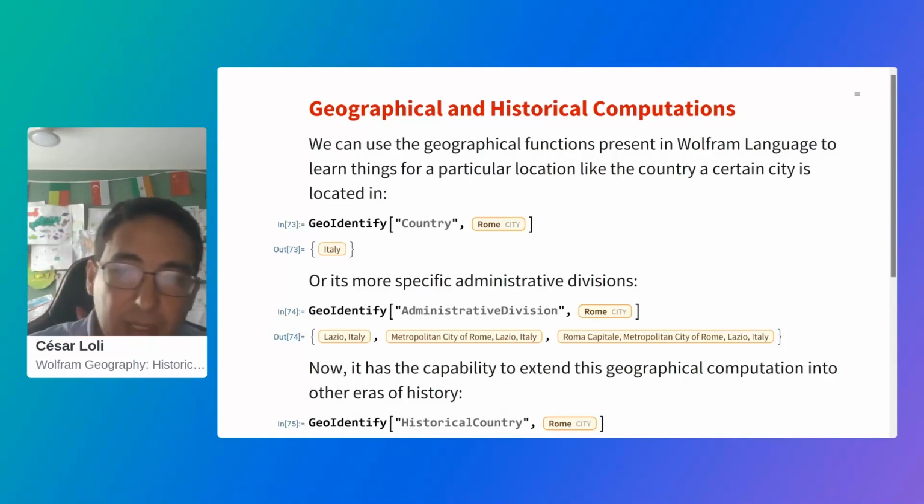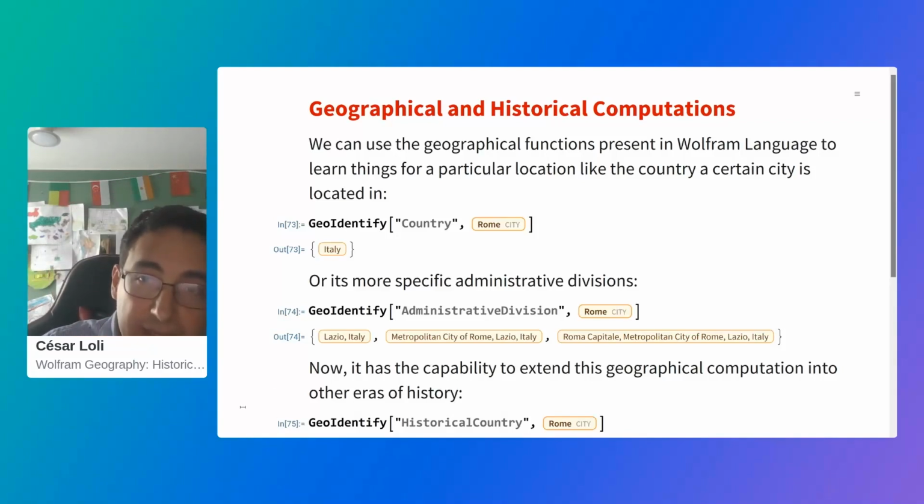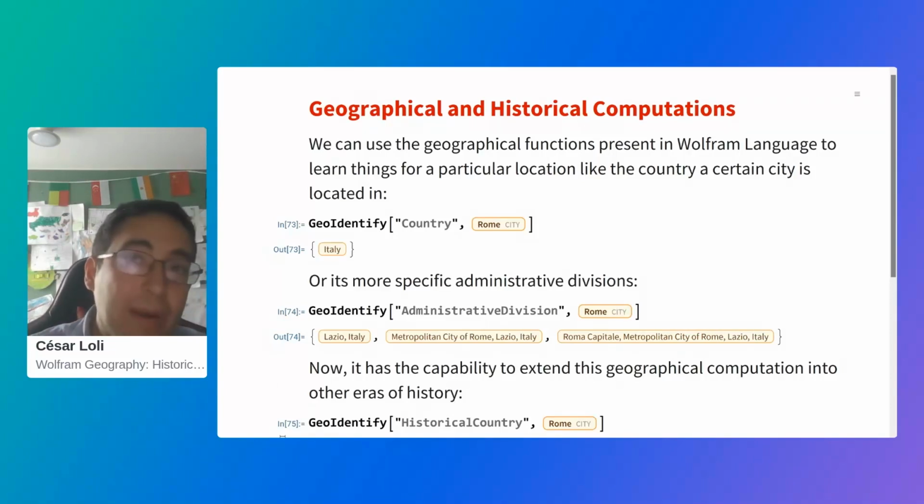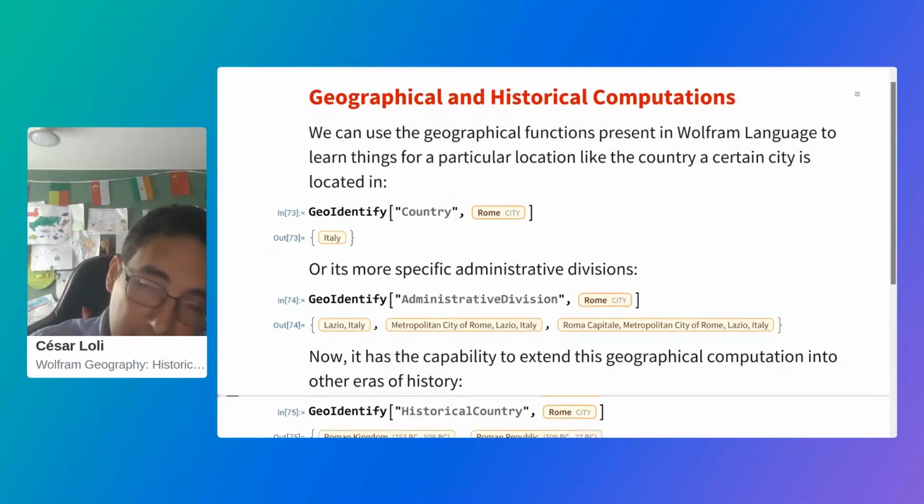For instance, we have long had these types of queries, like in which country is this city located, or where I am. We have here, for instance, that we can seek out in which country the city of Rome is located, or use another domain, such as administrative division, and it returns all the districts in which the city is located. Now we have extended